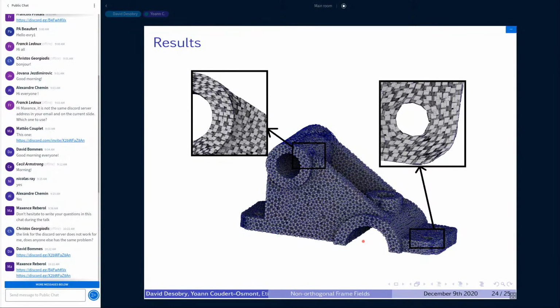Yoann, do you want to answer? I guess the difference, I'm not actually sure what the question is, but the difference with orthogonal frame fields is that if you don't force the norm from one frame to its neighbor, it goes from a norm 1, for example, to a norm 0.1, so the results can be exploited. So I'm not sure about the question, but